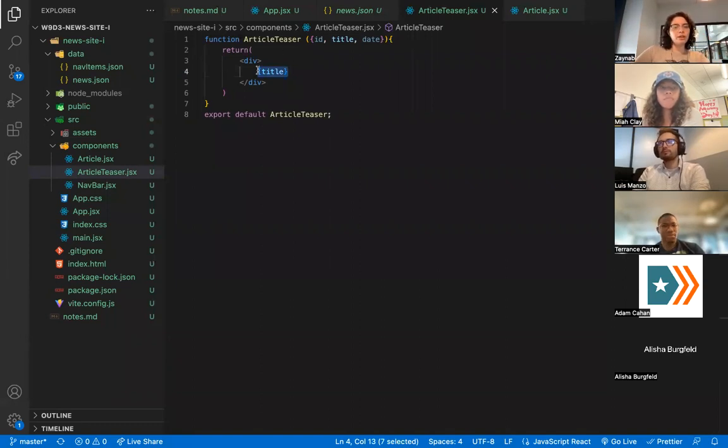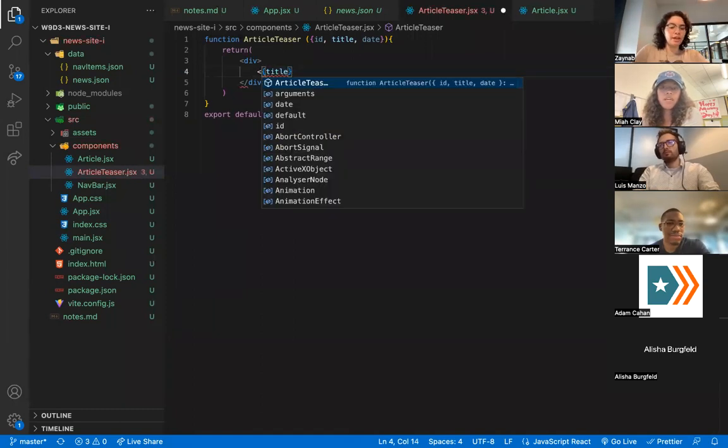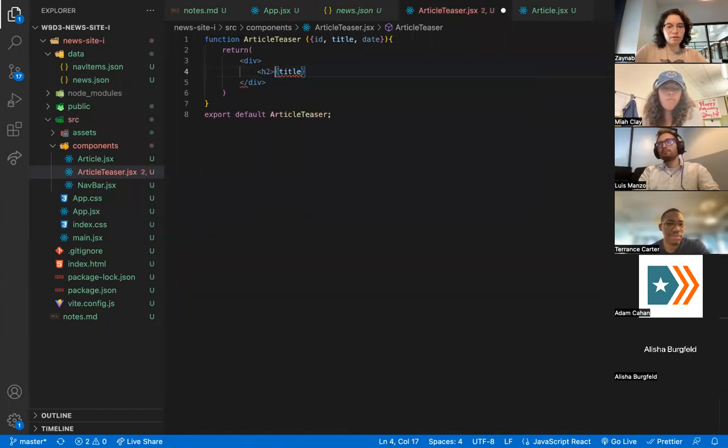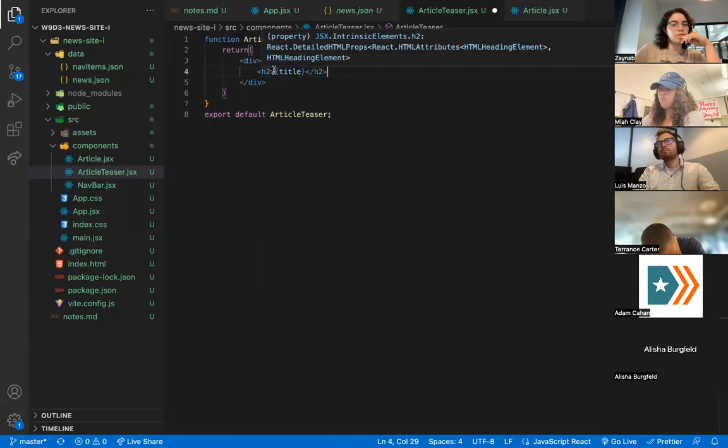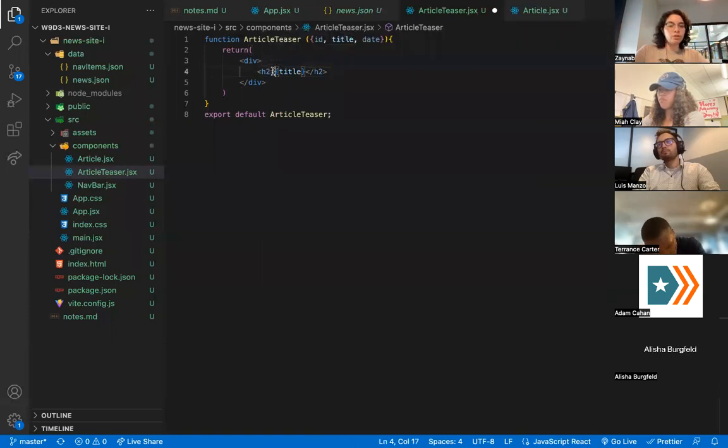What type of elements should we have these in? So the title could be in maybe an H2. Sure, let's do that. H2 will have our title. Would you not put it all in the same tag? Wouldn't that look better or no? We could,